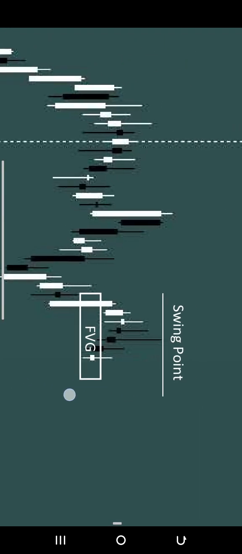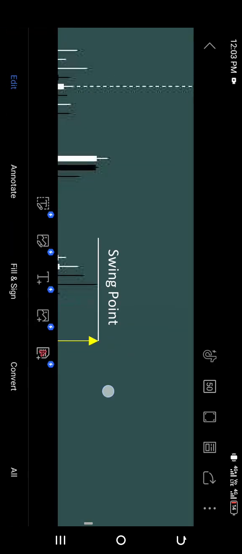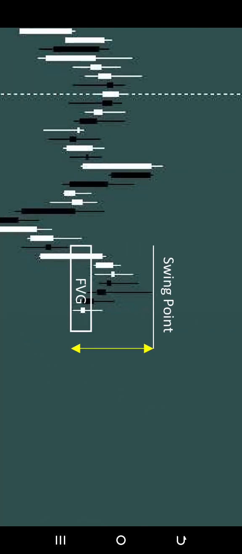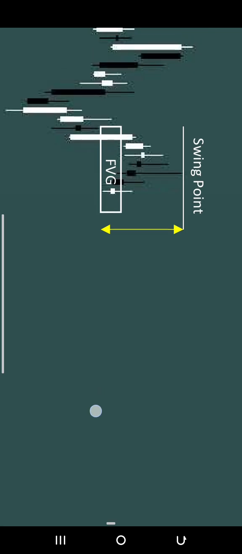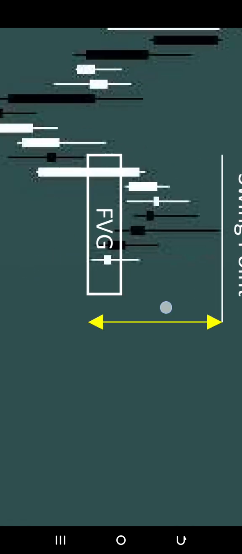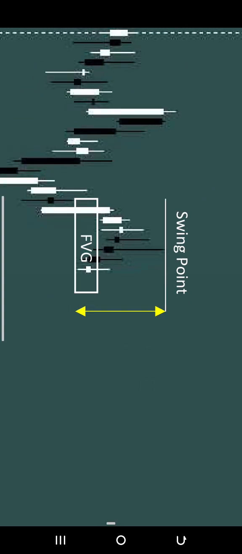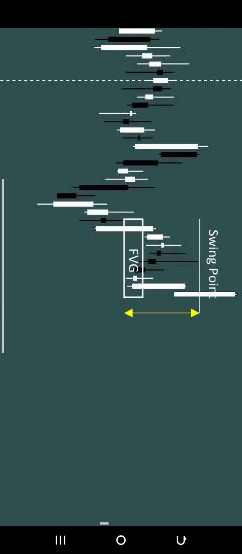Now, can you see that? Price came into the fair value gap. When price comes into the fair value gap, you should be trading within this boundary. This boundary is your contest. Trading within this boundary from year to year would have made you a lot of money. You understand? So now let's take a look at what eventually happened.